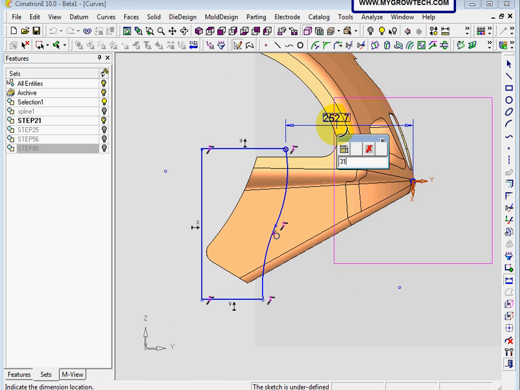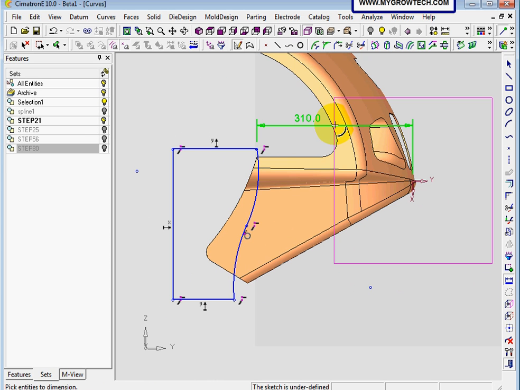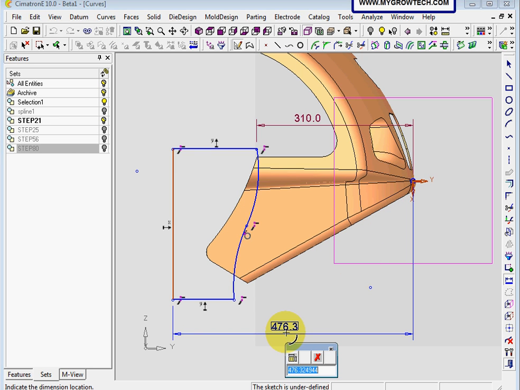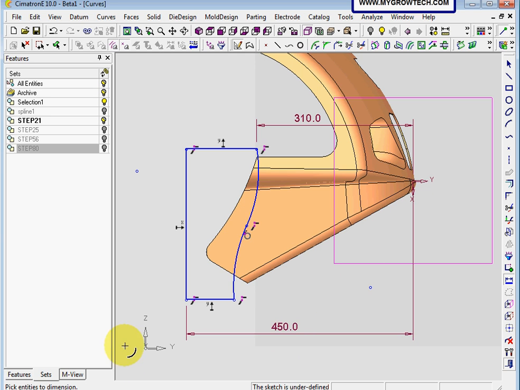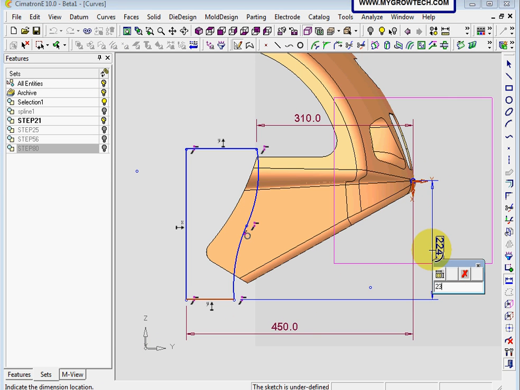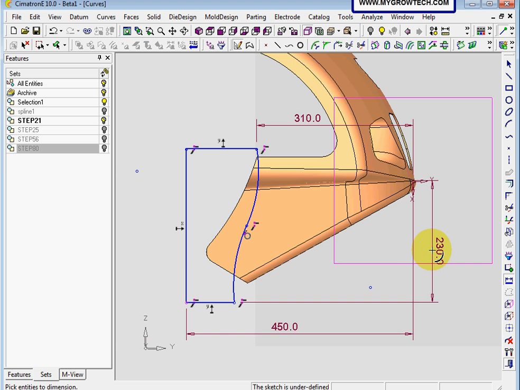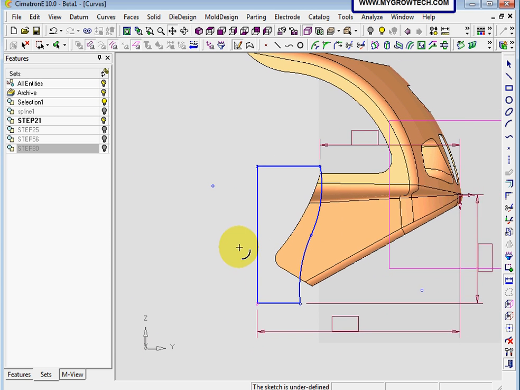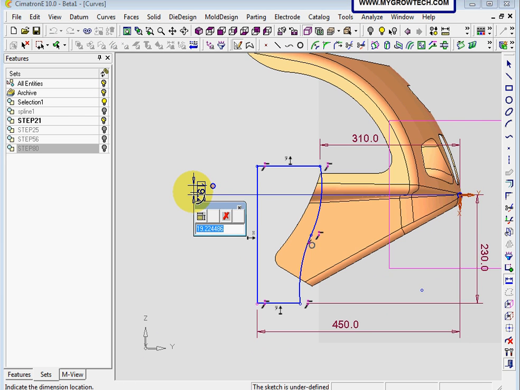This will be 310, and this to the 0, 450, and this from 0 to 30, and the 0 point from 0 we'll put to 20, and this to the 0 will be 50,